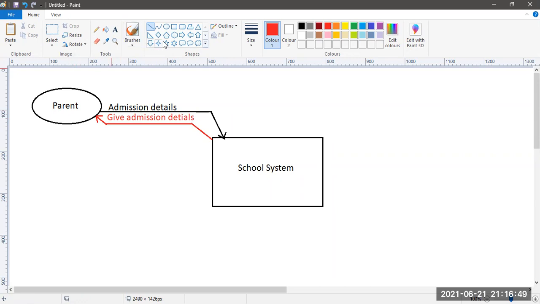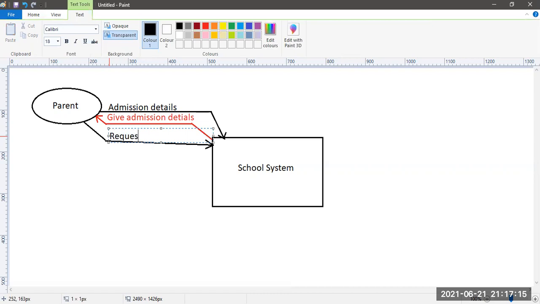Then after that, the parent will request for a form, the admission form. Request for admission form. The font is a little too big, so I'm just putting it in short.